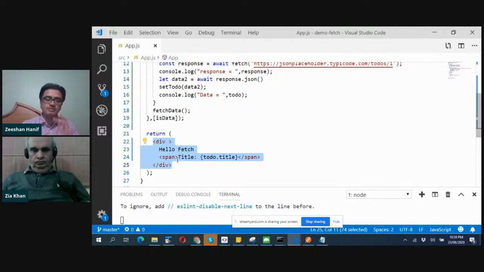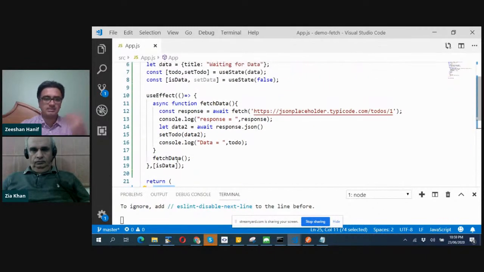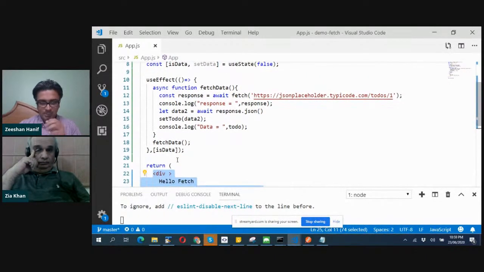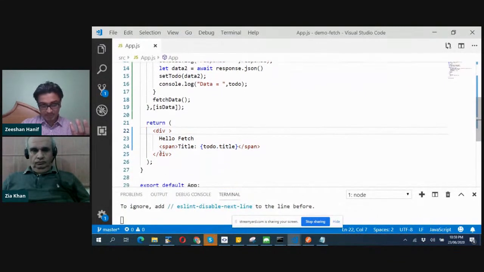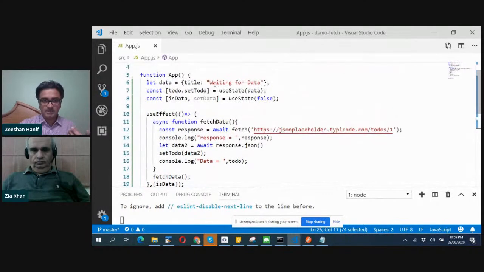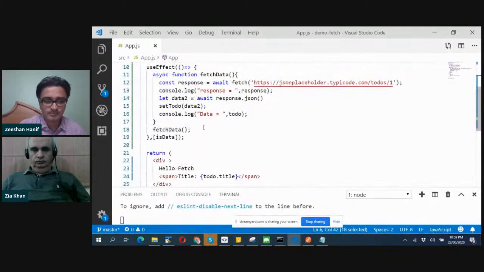So we can skip the rendering of that particular component and display directly something, let's say loading. At this moment this was a very simple component and we just display the dummy data. So what we can do is